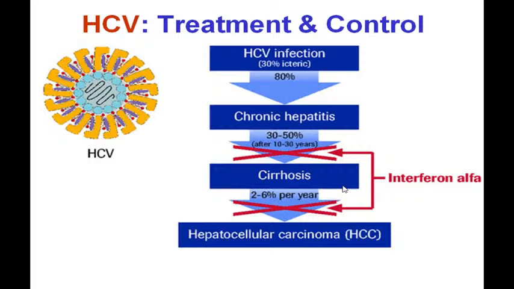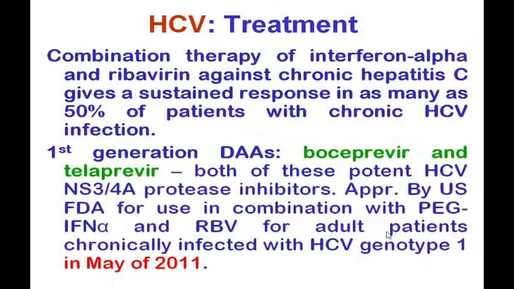And you can see that a decade before, only alpha interferon had been considered a good treatment to prevent cirrhosis and hepatocellular carcinoma. But now the combination therapy of not only alpha interferon but also ribavirin is used. So we have had several generations of development of